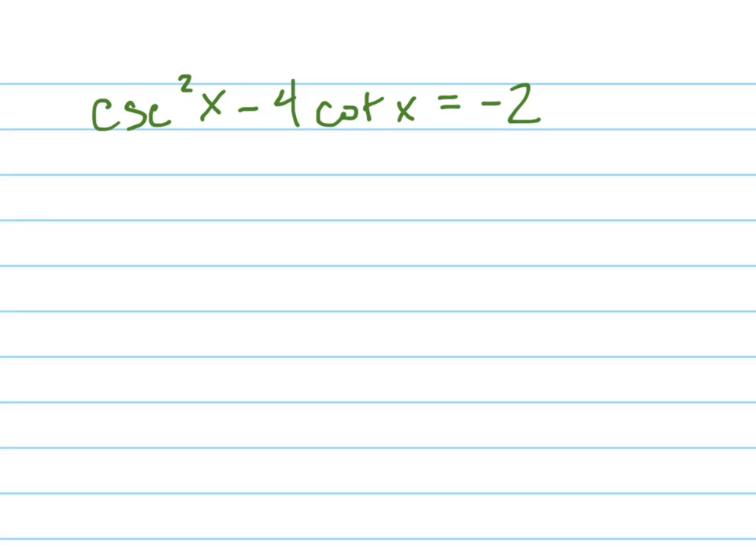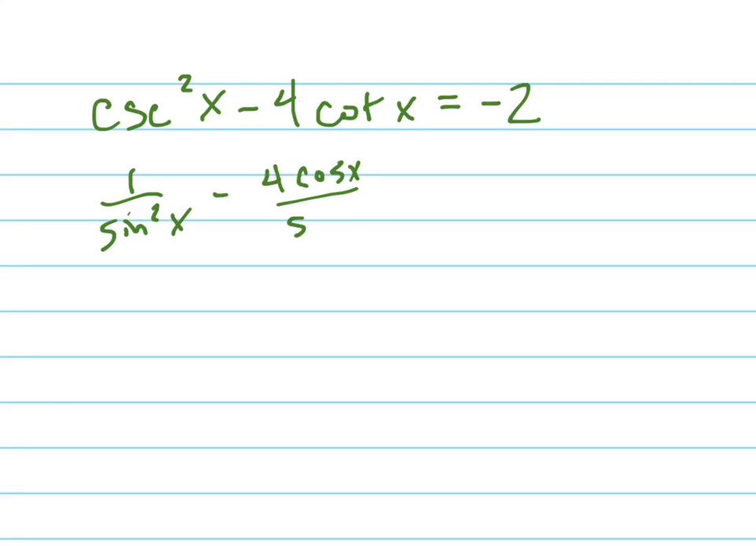Nice. Let's solve this trig equation. Notice it's a quadratic. There's a square in it. Whenever you see a square in it, and whenever you see it not in terms of sine and cosine, you should probably think, I'd like to get this in terms of sine and cosine, so let's do that. Let's make this 1 over sine squared of x, and cotangent is